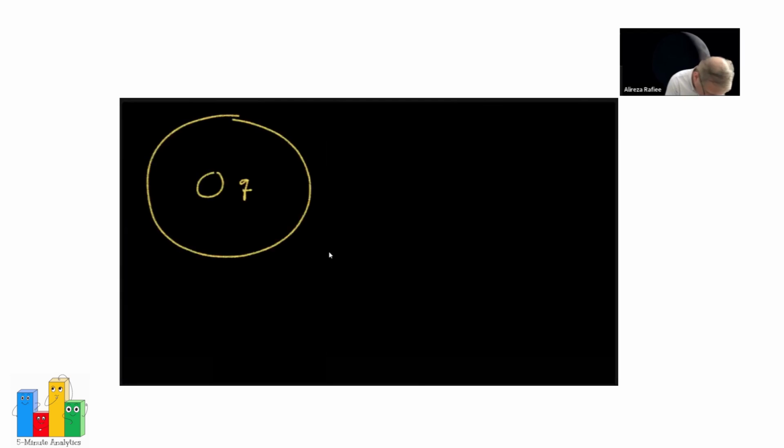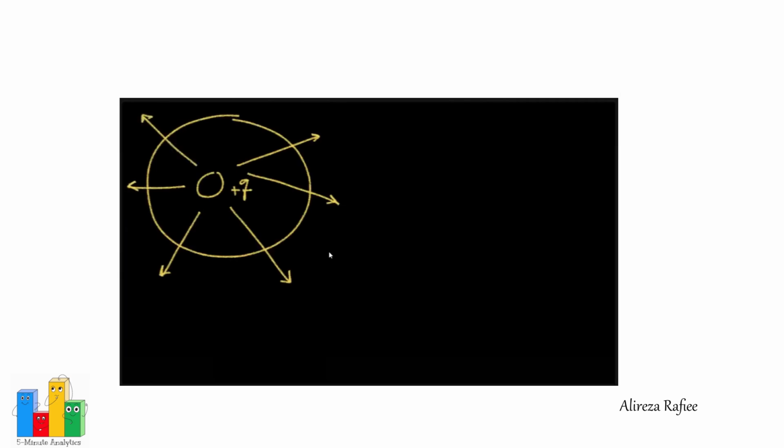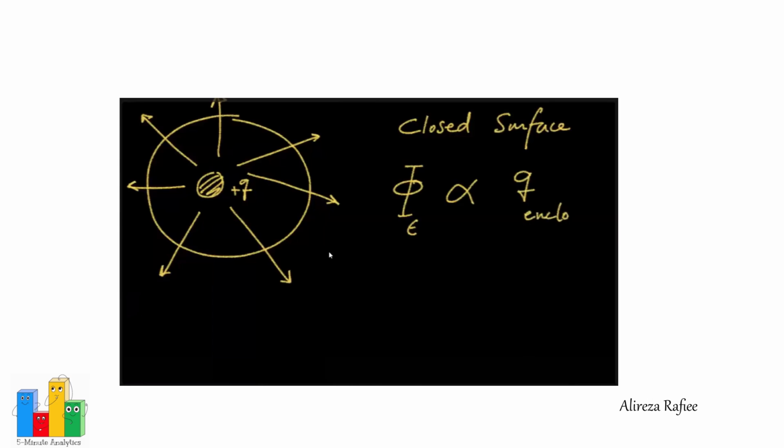On the other hand, Gauss realized that if you have some amount of charge here, and then you draw a surface around it, the number of electric field lines passing through the surface, let's say if this is a positive charge, is proportional to the amount of charge you put inside this closed surface area. So for a closed surface area, he realized that the flux passing through the surface, the electric flux, is proportional to the charge which is enclosed